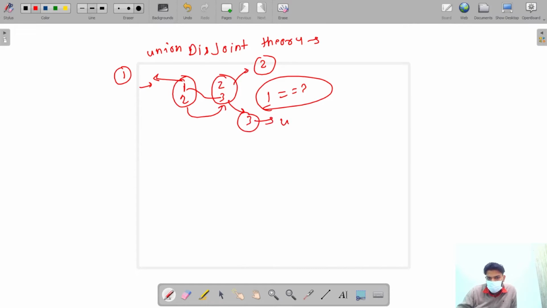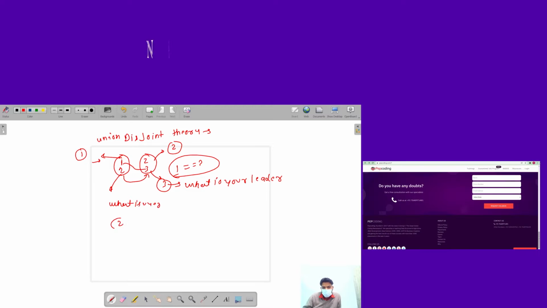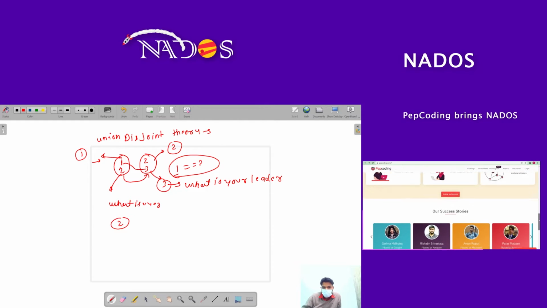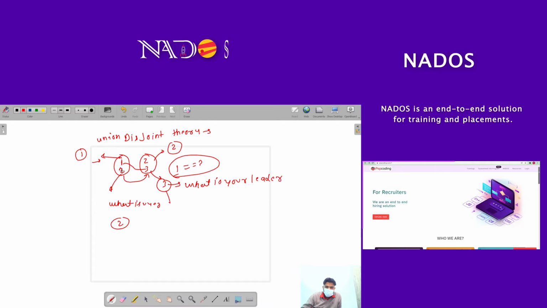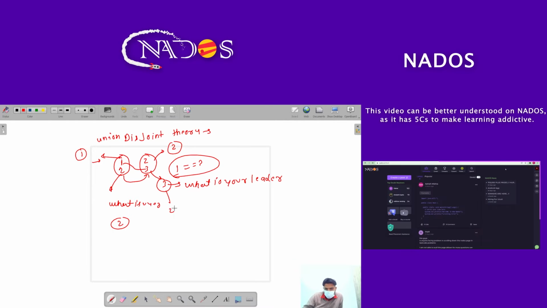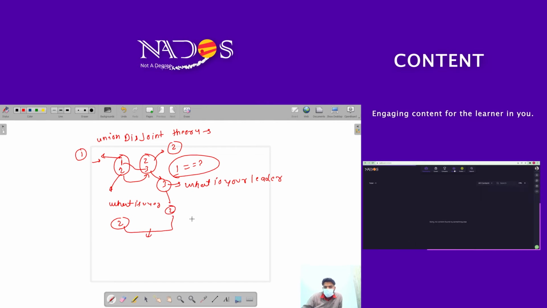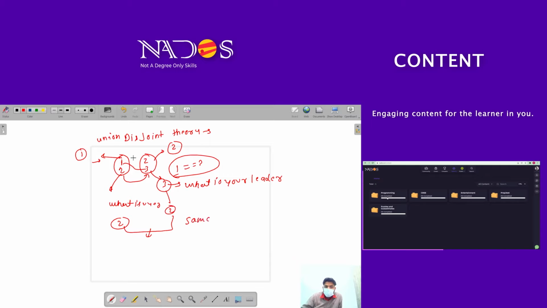what is your leader? And we ask this from this set, what is your leader? And it will say that my leader is 2. So when the leader is the same, then it belongs to the same set. When the leader is different,